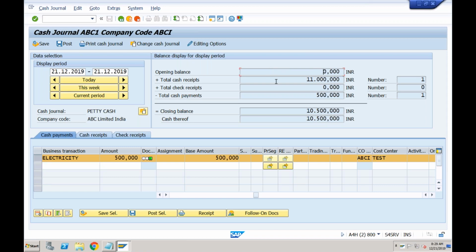Oh no, sorry. Can you come again? Yeah, actually in every month petty expenses have an opening balance. Then after we do some cash receipts, if more cash is necessary, we will receive cash receipts and we'll make payments for different small expenses. But in this case, we saw only one cash receipt and cash payment. Actually, we did not see any opening balance. So what is the reason we did not see the opening balance? You tell me what do you think, why there is no opening balance? This account itself we just now created. Was this account available in the previous month?